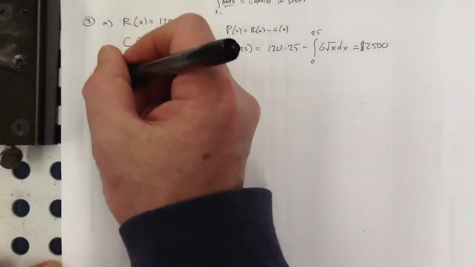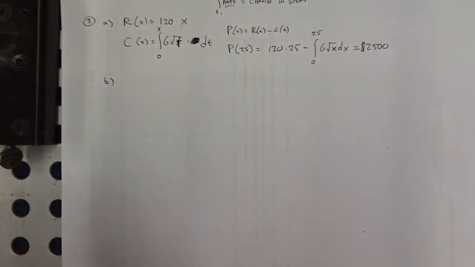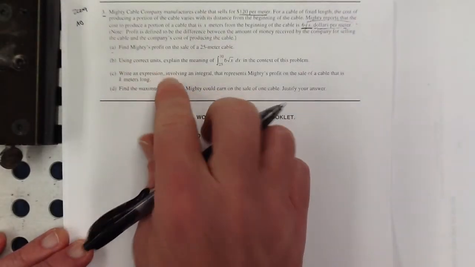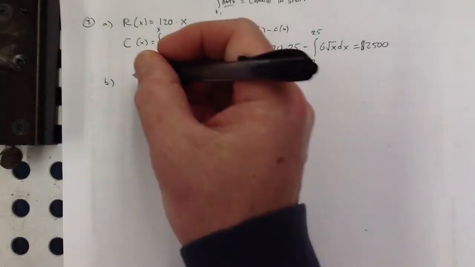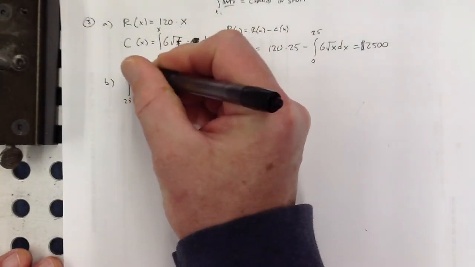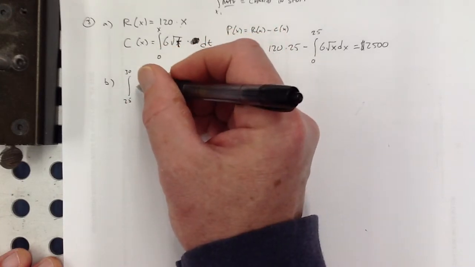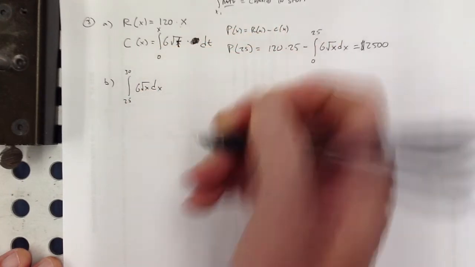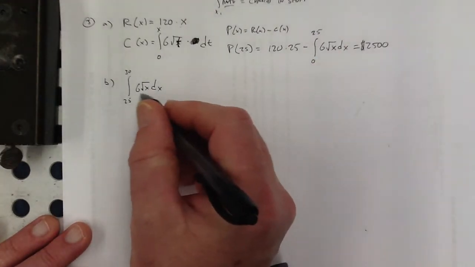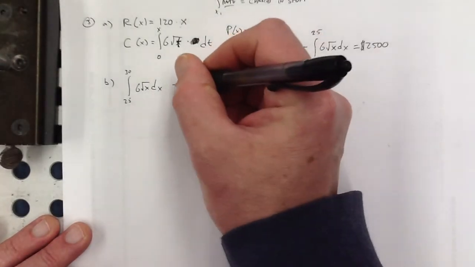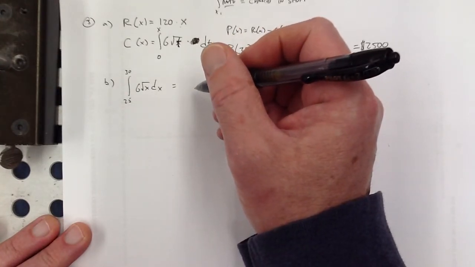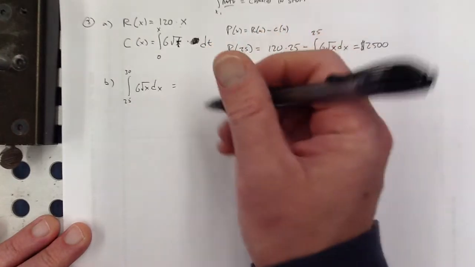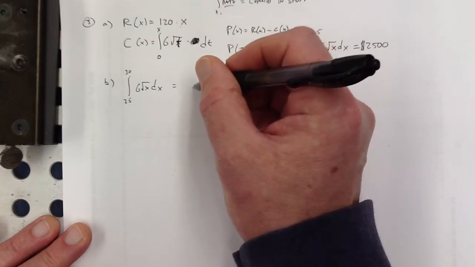All right, part B. Using correct units, explain the meaning of this in the context of the problem. Okay? So we already talked about how if you're taking the integral of a rate, then you are finding the amount of change of this. And they're not asking us to find out what it is, are they? Yeah. So this is the cost